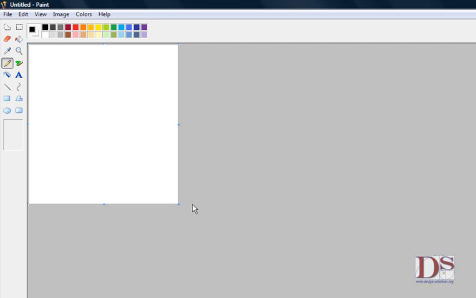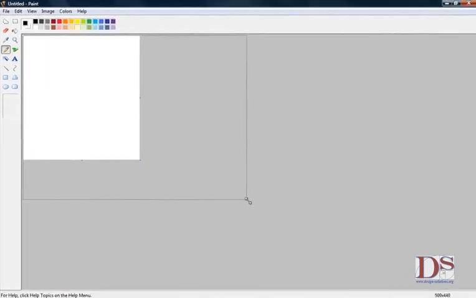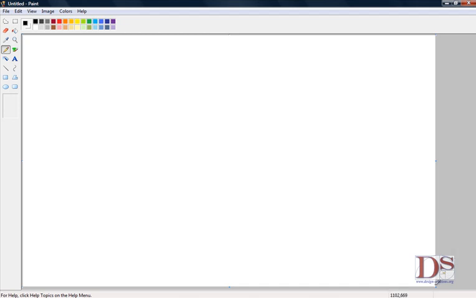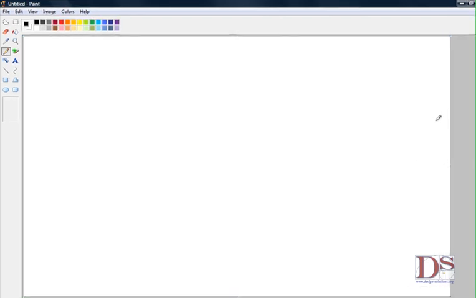Now, the second part is this white space. This is called the canvas, and these little blue points actually turn into arrows that you can left click and drag, and you'll notice you can drag it as far wide as you want. What I recommend is getting it as big as you can without losing sight of it. In other words, you still want to be able to see some gray space here at the bottom and some gray space on the right, but it should be quite large, perhaps a rectangle like the size of your paper,